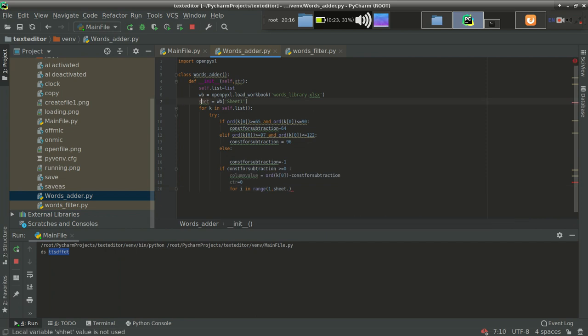It should be sh double e t. Now it will suggest sheet dot max row. Means what I am doing over here is, let me tell you, this for loop.